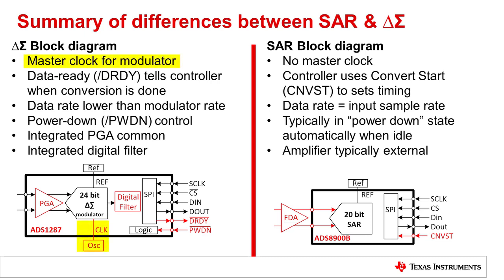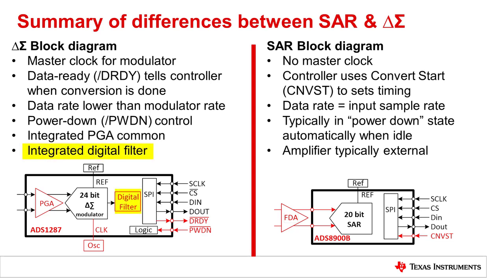Next, notice that the delta sigma has a master clock input. This clock is used to run the modulator. In many cases, an internal clock divider will be used on the master clock signal. For some delta sigma converters, this clock source is internal. Meanwhile, the SAR does not have a master clock input. Some SAR converters will have an integrated oscillator that is used for timing during the conversion cycle, but the SAR generally does not require an external oscillator.